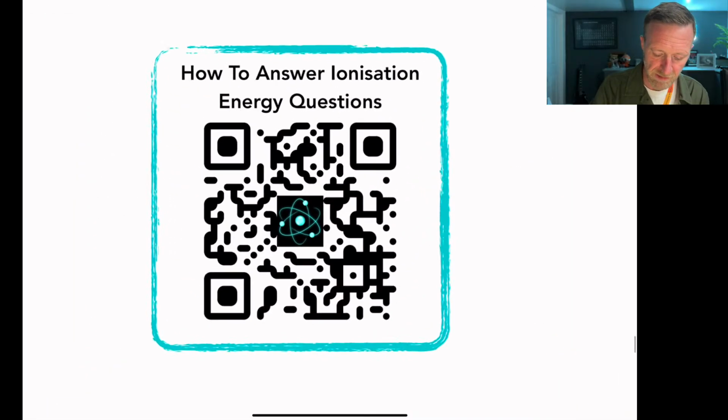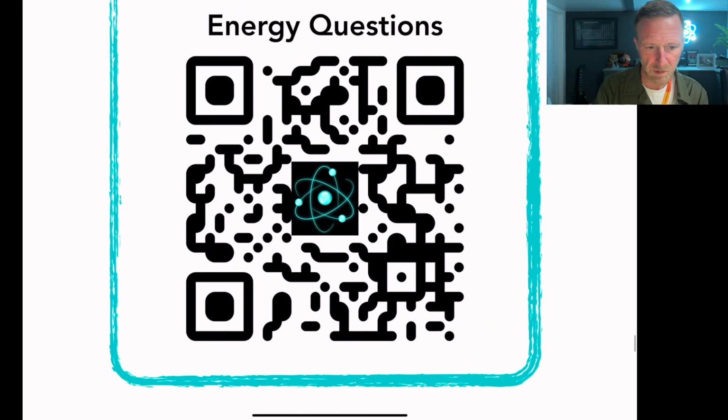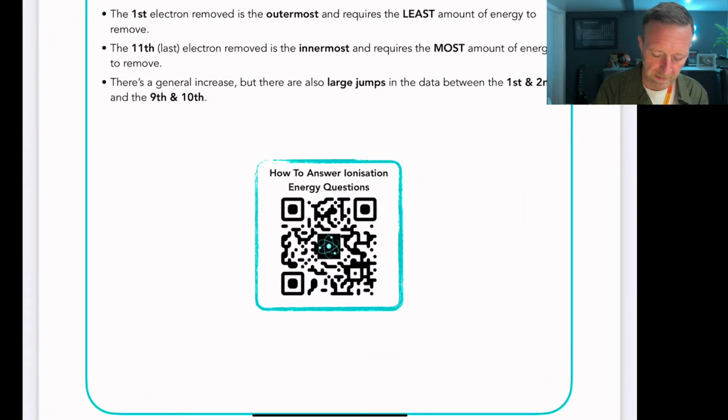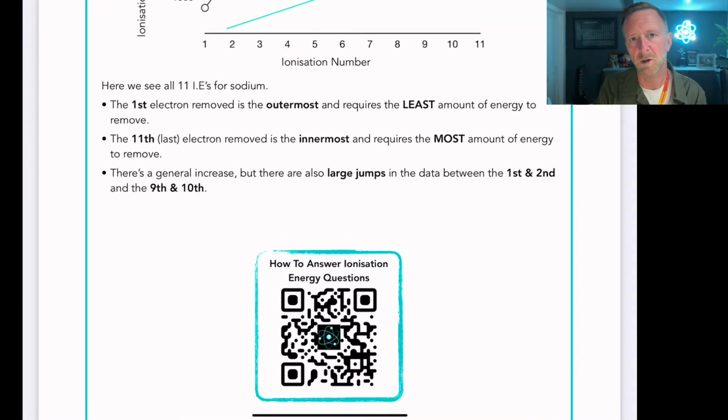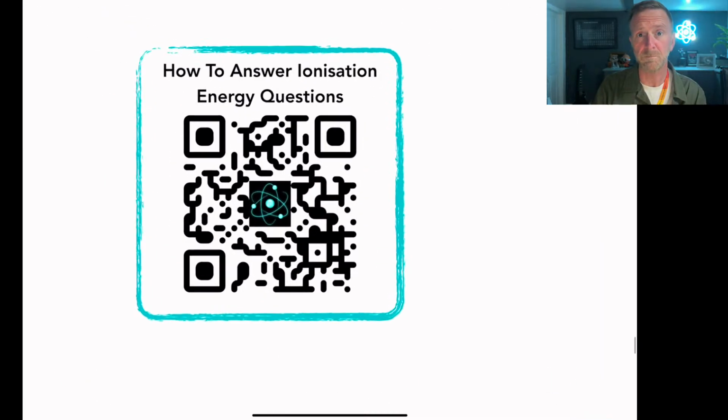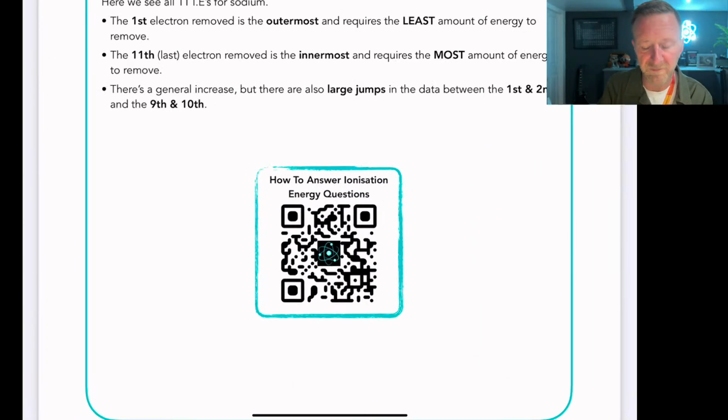So what we've got, obviously, right through the course, right through the book, you've got these QR codes as well. That should work if you scan it now, but you can click this, okay, straight from the PDF, or you can scan it on your phone and it takes you to the video on how to answer ionization energy questions. Okay, so that's all linked inside the course. If you scan that now with your phone, then you're probably using your phone right now to watch this maybe, but if you scan it with your phone, it'll show you on your phone, and you can use that kind of dual screen if you're looking at this on a desktop or a laptop or something like that. So do hit me up if you have any questions.